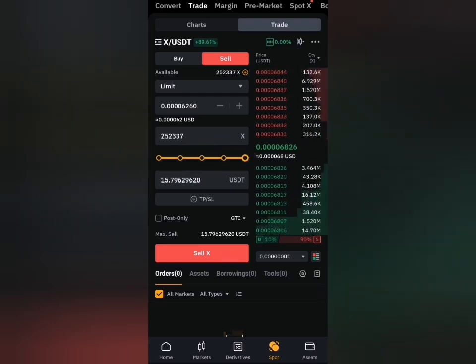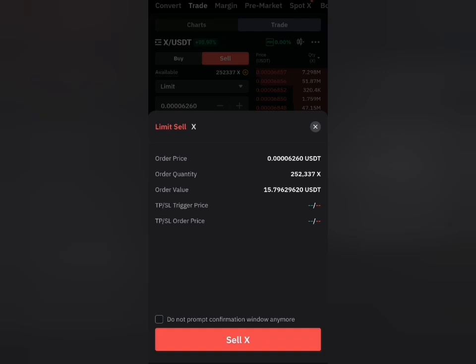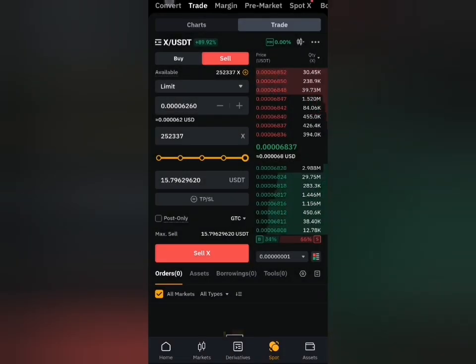Then drag the slider to the full, just like I've done, if you want to sell everything, and you can see the sell button, but you can see the price is not really favorable. So I'll just skip to the part whereby I have a price that I actually want to sell at. Okay,